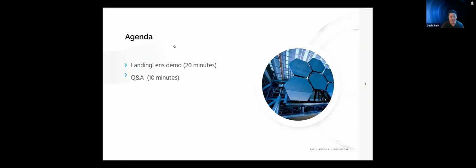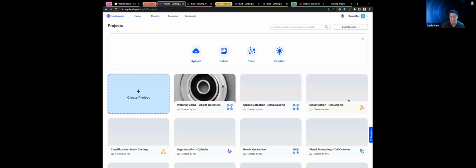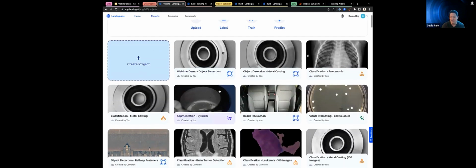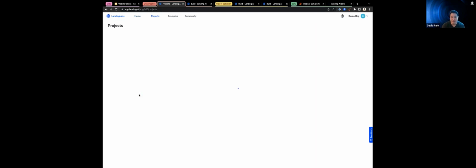Let me jump into the platform. So this is the landing page of Landing AI. And as you can see at the bottom, you have your most recent projects. We organize each experiment as a project. So anytime you start a use case or tackle a use case, you'll do that by creating a project. If I click on the View All button here, bottom right corner, you have access to all of the projects within your organization. And to start an experiment, you simply click on the plus sign here on the left side,